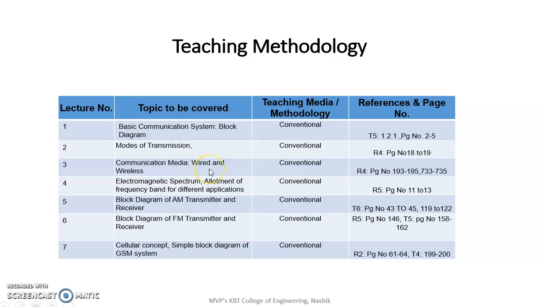So there are two types of media, wired media and wireless media. All are familiar with this. Wireless media is very popular nowadays. Then on what basic principles the transmission takes place, that is the topic of discussion in lecture 4. It is the electromagnetic spectrum, the EM spectrum. So electromagnetic waves, EM waves, are transmitted through air in the atmosphere,